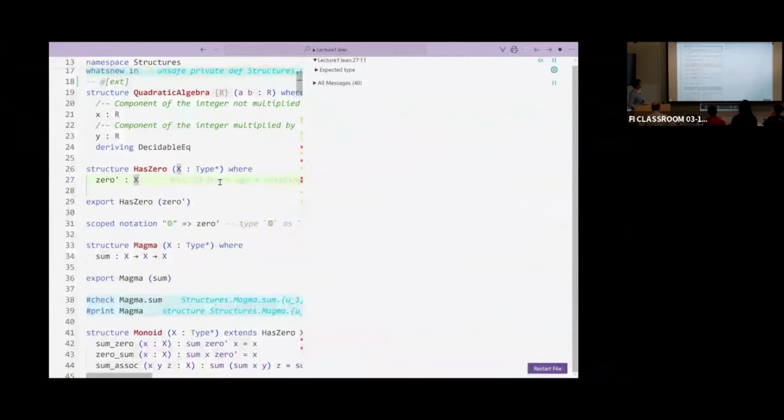Has zero. What is this? If you write structure HasZero X type, I'm basically defining a pointed type, because I'm just declaring that for every type X, I want to consider the structure of endowing X with a zero, which is just picking an element in X. This A0 is just an element in X. Of course, someone can complain, perhaps should complain, that if I call it zero, it had better be related to additive or multiplicative operations, because otherwise, why am I calling it 0 and not 37, or why am I not calling it a point or a star?